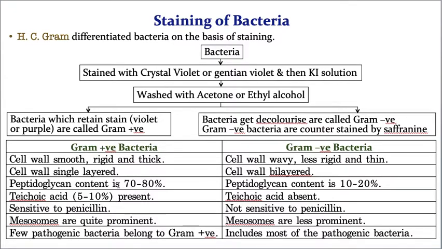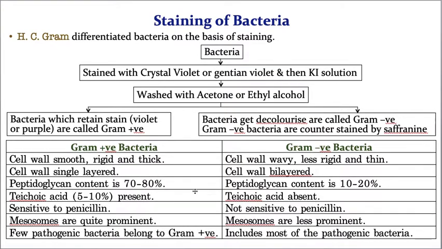See how less it is, not even half, less than half. Now, the most important question, many times asked, I am telling you, you have to remember this question. Gram positive bacteria cell walls consist of teichoic acid, whereas teichoic acid is completely absent in gram negative. That is the reason why it did not absorb the violet color, because teichoic acid is present, it absorbed the purple color. Now you understood why it is called gram positive and gram negative.